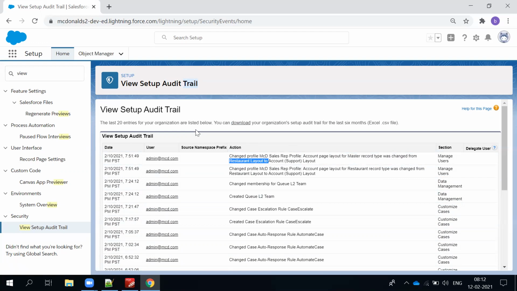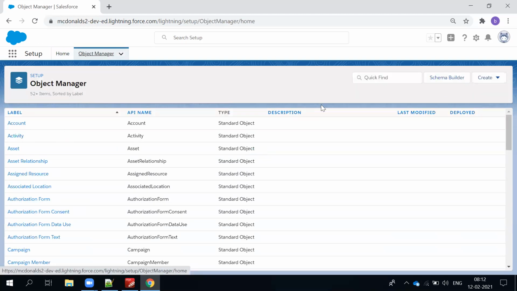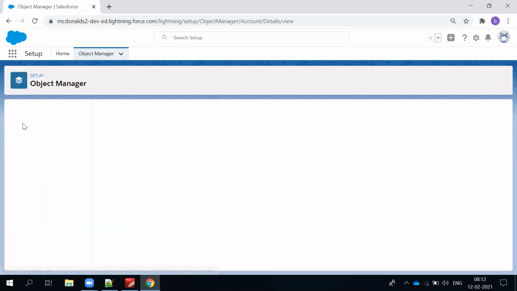Now at the page layout, you went in modifying a few things. Any change you make to that particular page layout is applied to all 10 profiles in one go, updating that particular page for the respective profiles. Does that make sense to you guys? Go to object manager, go to account,